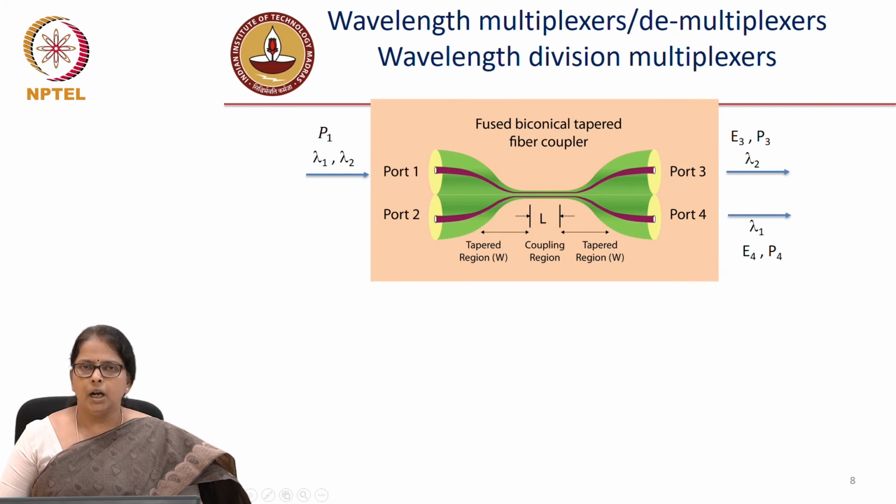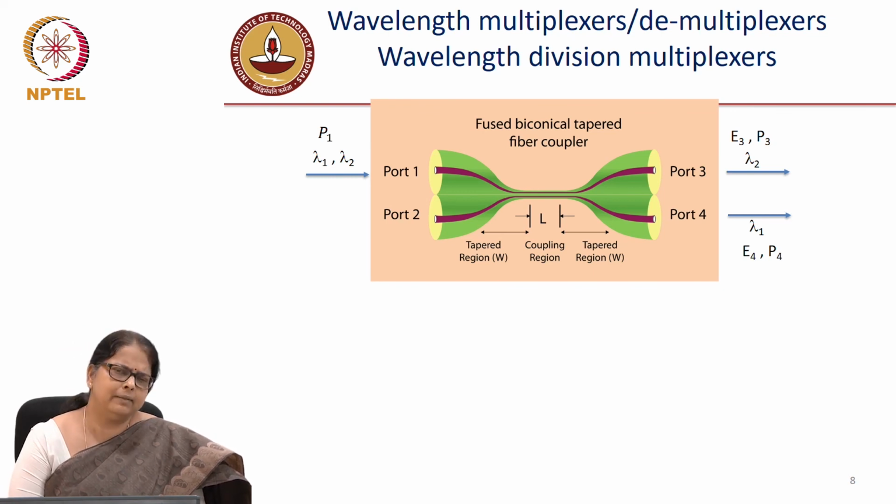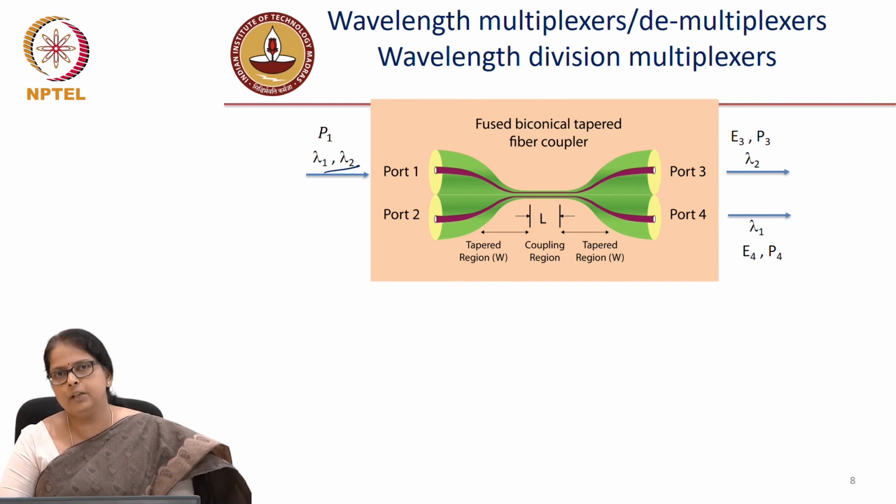How do you extend the same idea to make a wavelength division multiplexer? You latch on to the principle that the coupling ratio is a function of wavelength. So we'll make use of that idea to use the same coupler design to make a wavelength division multiplexer. Now, what's a wavelength division multiplexer? It's a device where you go in with two lambdas, and at the output, you can separate out the two colors. Very useful in a WDM system.